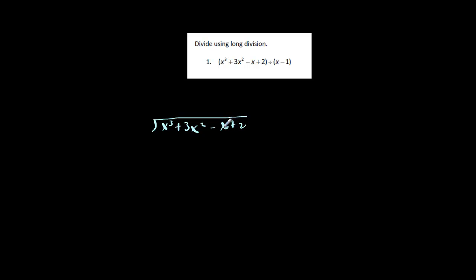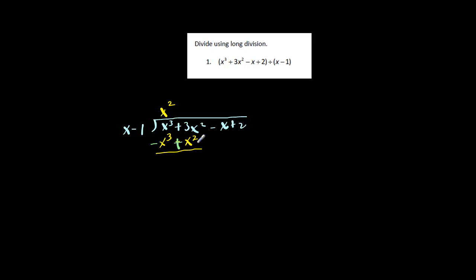I'm going to divide that by x minus 1. So x times what gives you x cubed? That would be x squared. X squared times x is x cubed. X squared times negative 1 is negative x squared. So let's change the signs